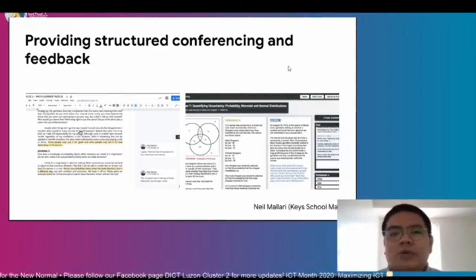And within that, we would also gain a feel of what our students were doing during that time. So it was, in a way, their writing gave us a glimpse into their mental capacity or their social emotional capacity during that time. On the second picture to your right, our math teacher, because he was faced with the